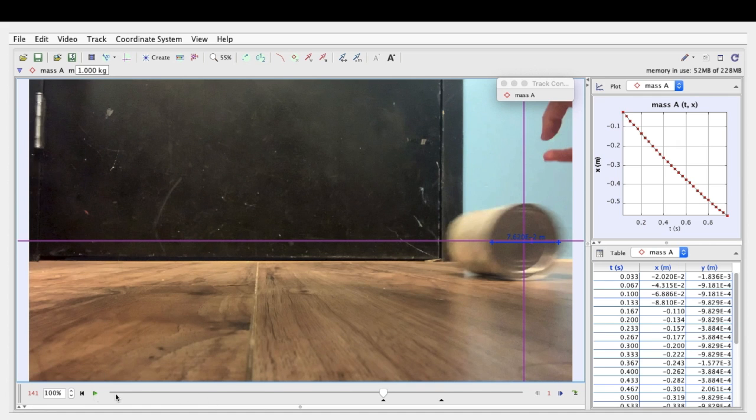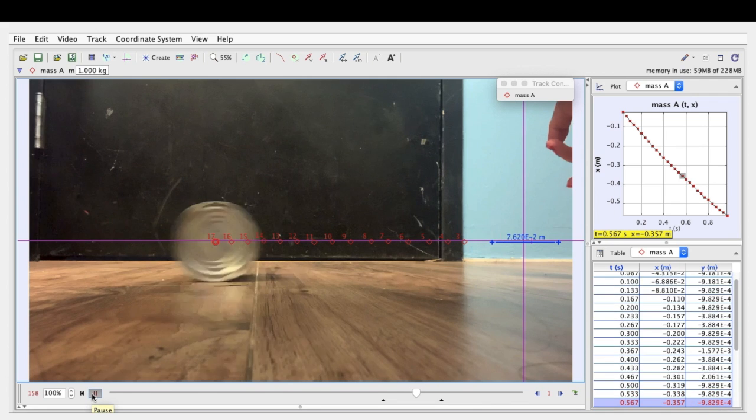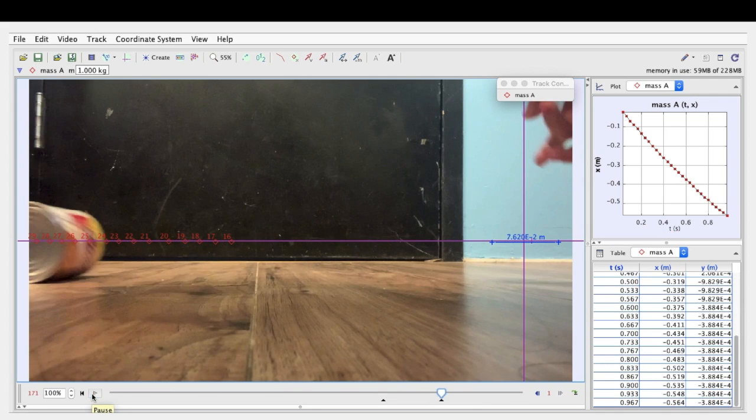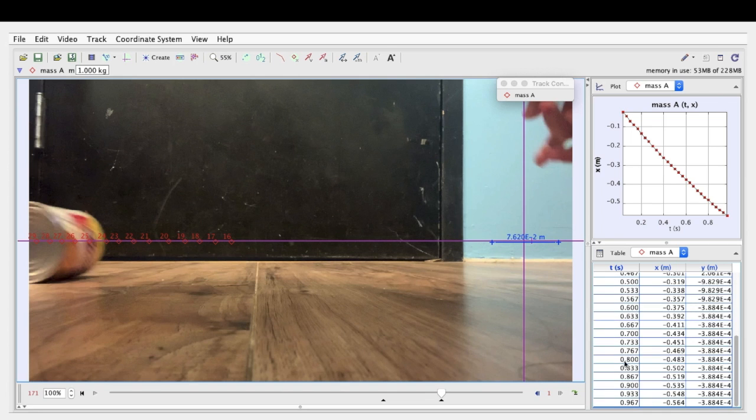As you can see here, I tracked the center of the can as it rolled along the floor in the negative X direction as I previously mentioned. Because of this, the position versus time plot here is a downward sloping line, and my X values are all negative. The time of the first point is at 0.033 seconds and at negative 2.02 meters. The last point was at 0.967 seconds and negative